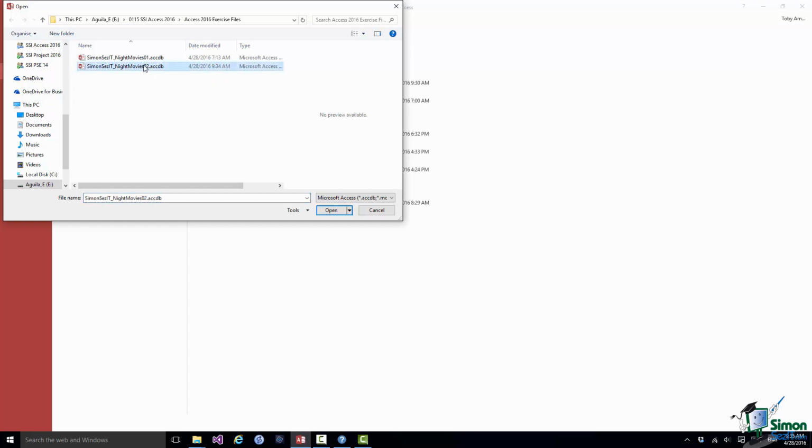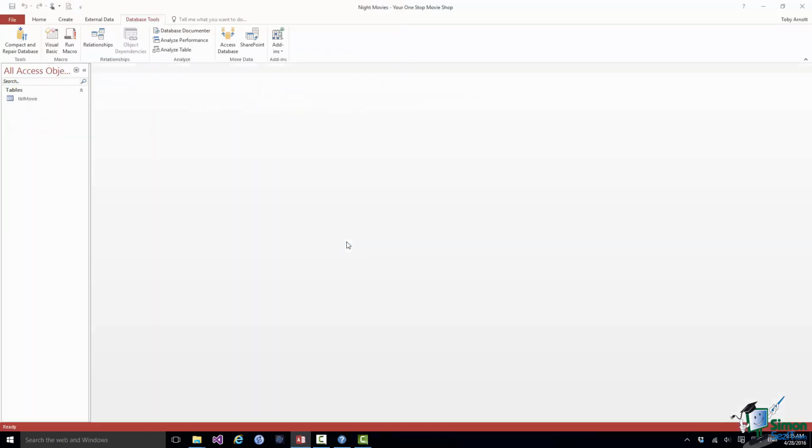Having found the database, rather than click on Open, if you look at the drop down where Open is, there is an Open Exclusive option. And you'll only be able to open a database for exclusive use if nobody else is currently using it. And once you've opened it for exclusive use, nobody else can open it. Then you do your compact and repair,